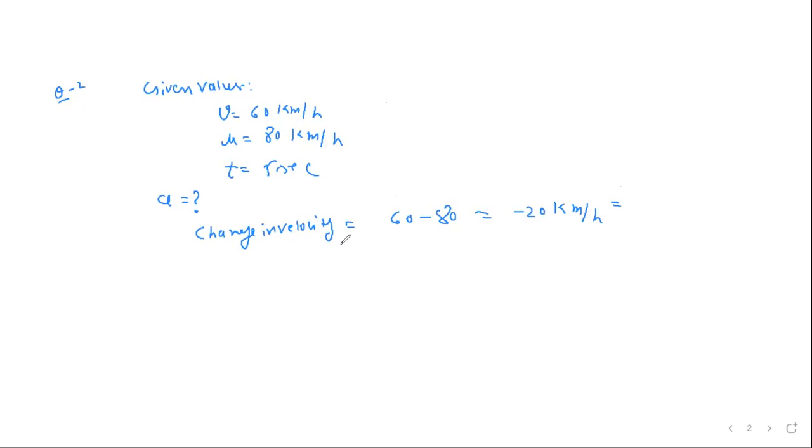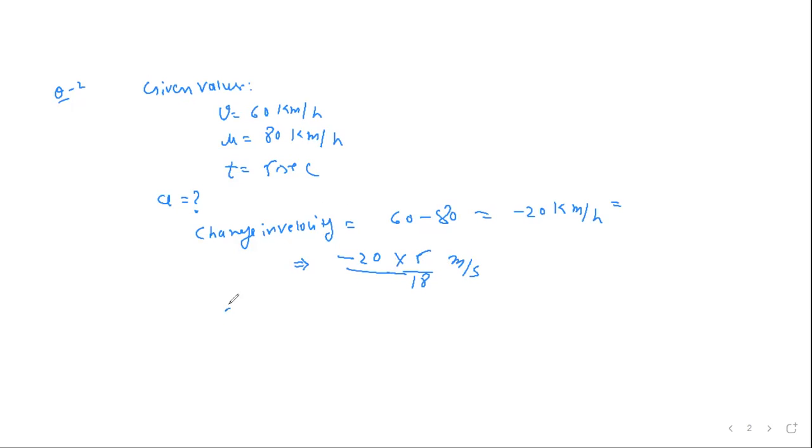And we want to convert it into meter per second. So we will say 20 into 5 by 18. Because we had studied that if we do it this way, it will be converted from kilometer per hour to meter per second. Now let's not hurry up in trying to reduce this number or simplify this number. Let's say it is like this. Minus 20 into 5 divided by 18. Because I made a comment in physics, we will postpone our calculation till the last minute. Because it will simplify things.